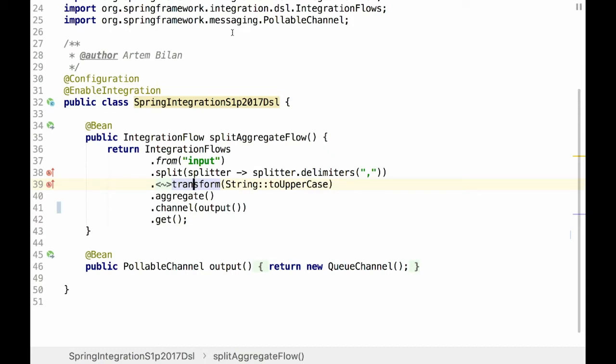This simple sample is a classical splitter, transformer, aggregator. We receive some comma-delimited string, we split it, transform each token to uppercase, aggregate, and output it.